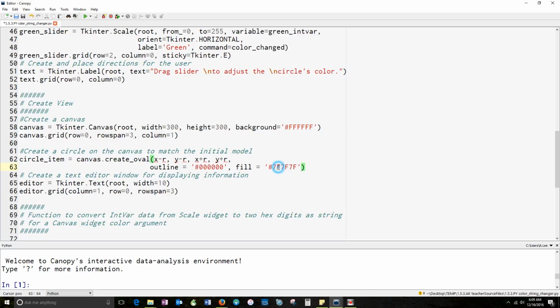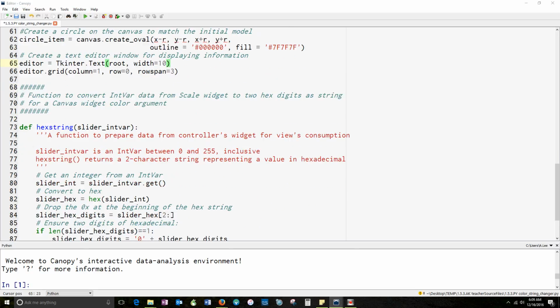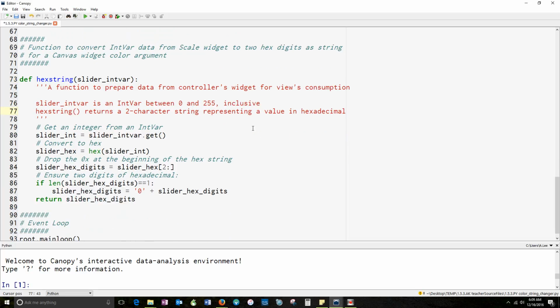Now really I ought to refer to an initialization constant here, but I'm just going to make my life as easy as possible and not do that right now. Okay, I've got my editor. That looks good. Now, to 2 digits, that's good. The hex string that I'm creating doesn't really need to be changed. It's sufficient. I just need to be able to use this when it returns it to actually change the color on the